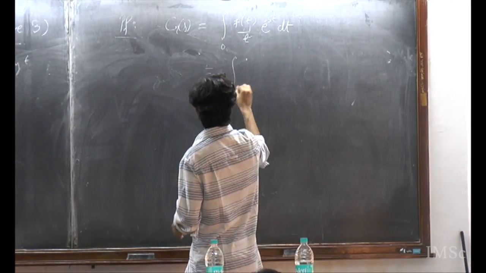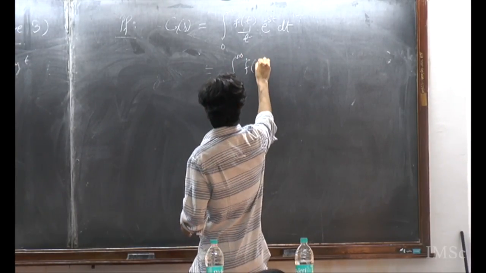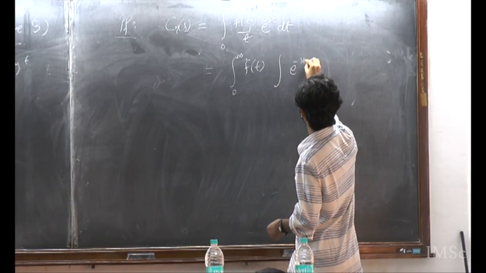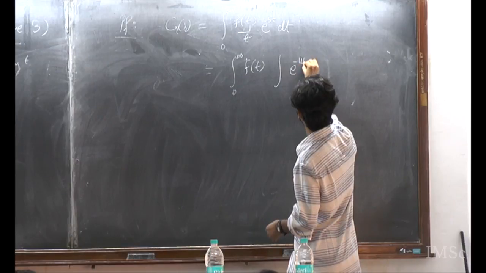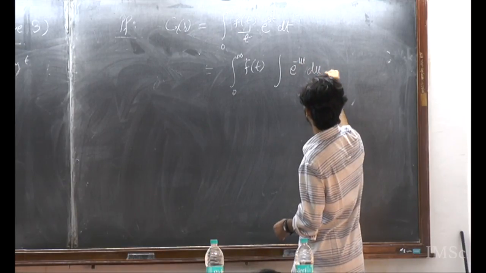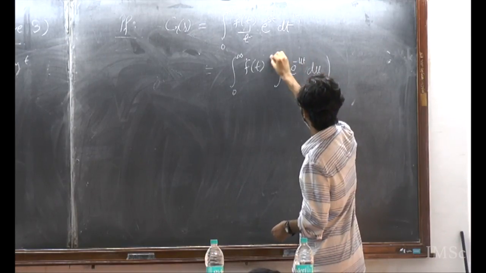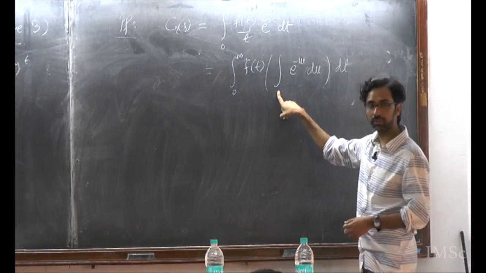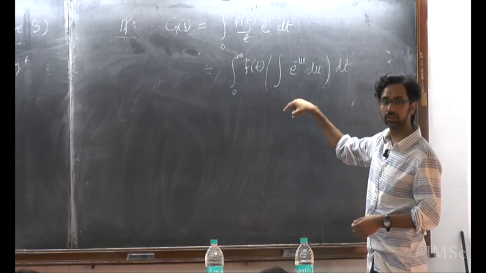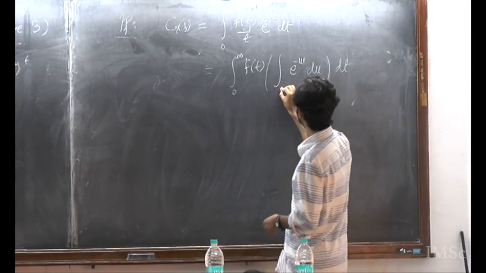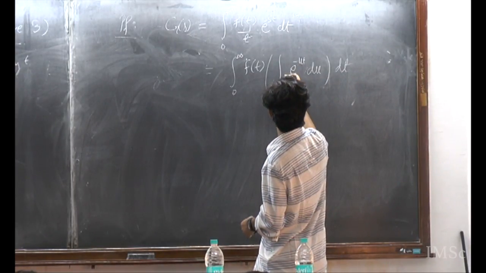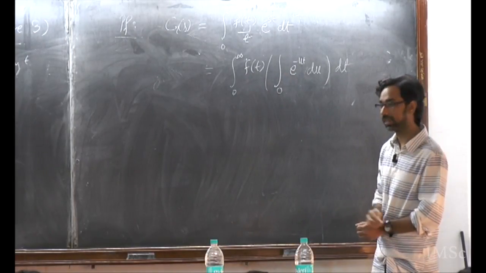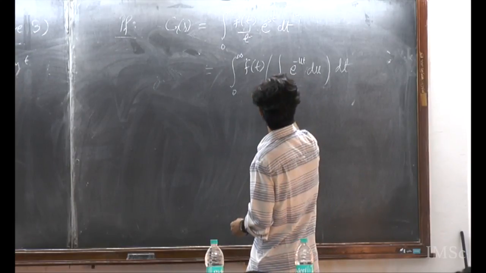So this is the integral from 0 to infinity of f(t) times the integral of e to the minus u t du, dt. And what should be the limits of integration? 0 to s or s to infinity? It should be s to infinity, yes, s to infinity,